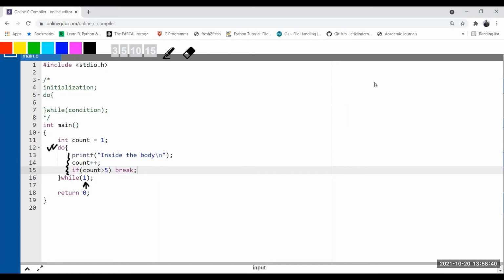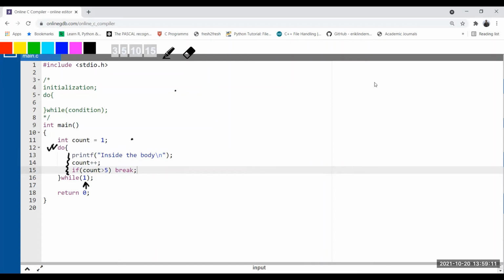So let's design a program using a do while loop where you ask the user whether he or she wants to continue the execution of the program or not. Just like an ATM: when you visit the ATM, at first you get certain options on the screen. Then it asks for the PIN code. Suppose you have given the PIN code and done the transaction. While coming out, it asks you whether you want to continue for another transaction.